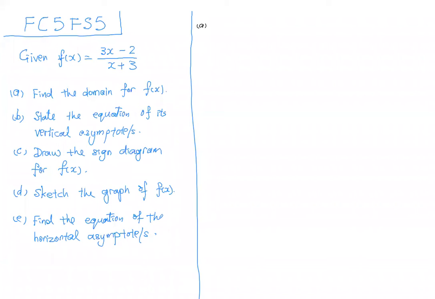So x plus 3. Okay, x plus 3. What next? Faster. x plus 3 is not equal to 0. So then x is not equal to -3. So how should I write? So the domain is equal to